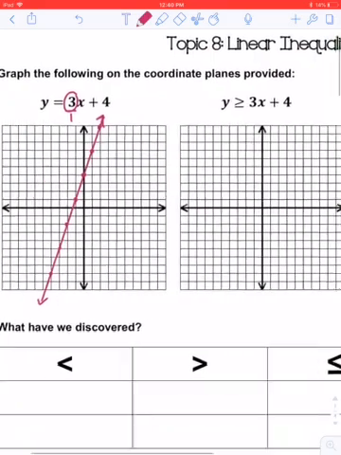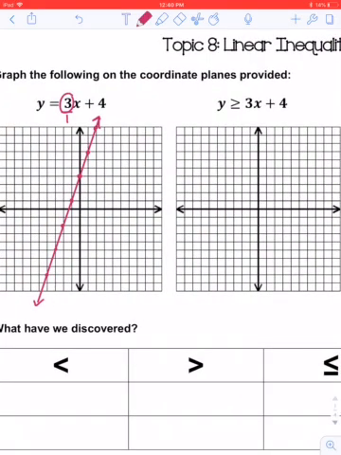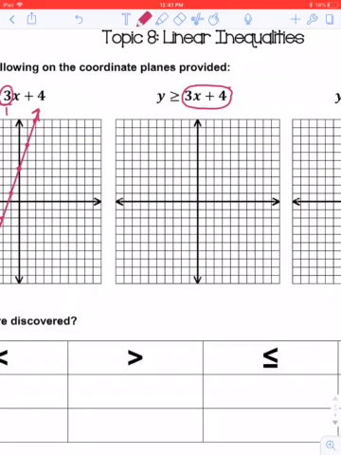So you'll notice the next one they want us to graph is very similar. Y is greater than or equal to 3x plus 4. The right-hand side of this inequality is the exact same, and we're going to graph it the exact same way. So I'm still going to start with the y-intercept of 4, and I'm still going to use a slope of 3. However, I want to show that y is greater than or equal to that line of points. Okay? So if I draw a line here,